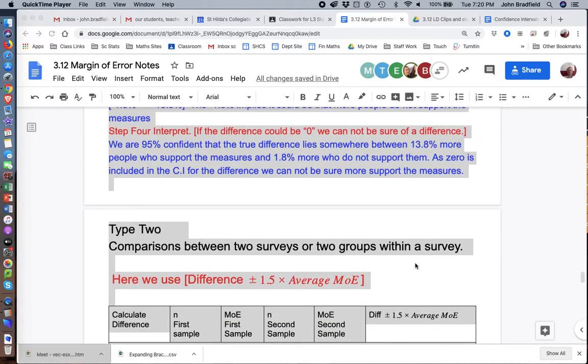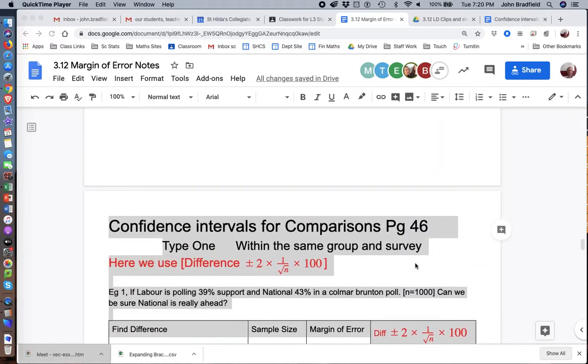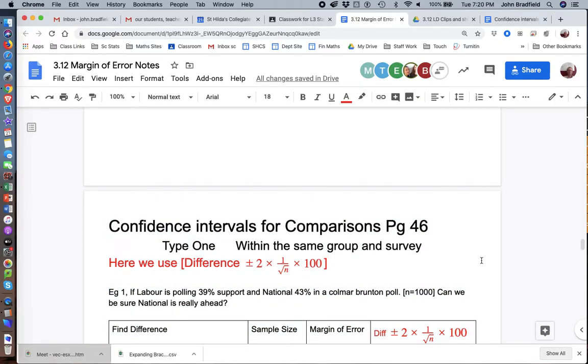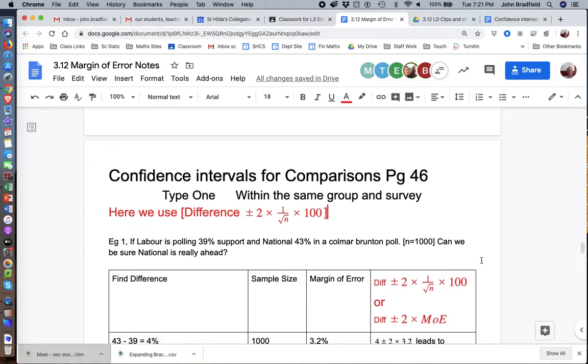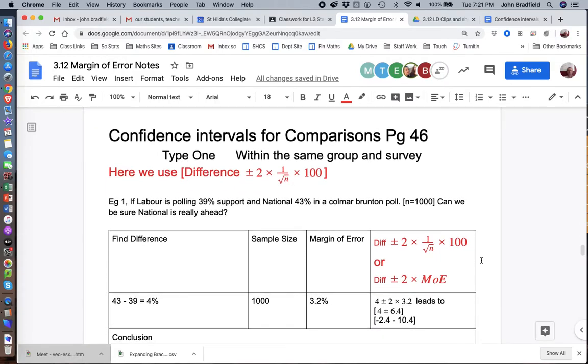Look at confidence intervals. This is the second part, and this is for comparisons. Early in the week we've done them for single values, and now we take some of the same stuff and look at comparing. Often you'll hear in the news or otherwise, oh, this has changed, people used to support this, now they don't, or something like that. And when we apply the whole confidence interval idea to those statistics, then sometimes the answer isn't as clear as